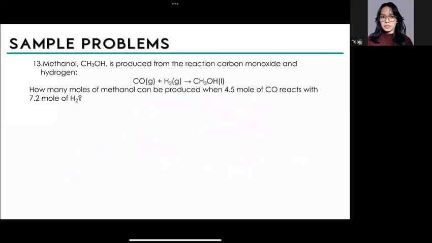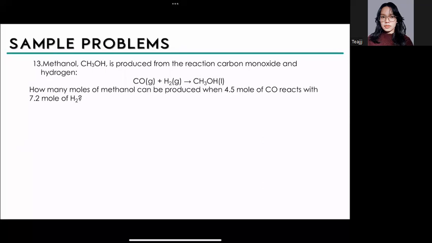Methanol, CH3OH, is produced from the reaction of carbon monoxide and hydrogen gas. Binigyan tayo ng unbalanced equation. Now, the question is, how many moles of methanol can be produced when 4.5 moles of carbon monoxide reacts with